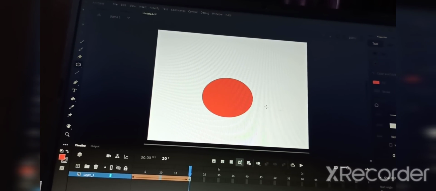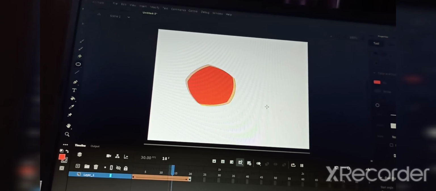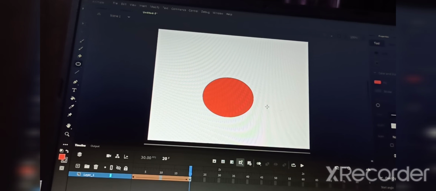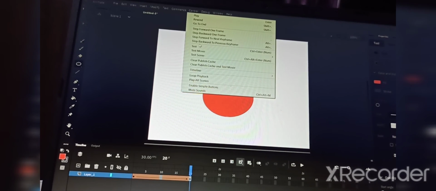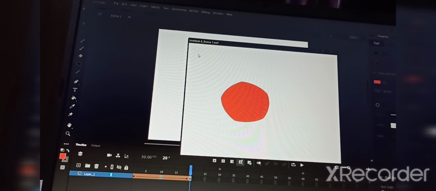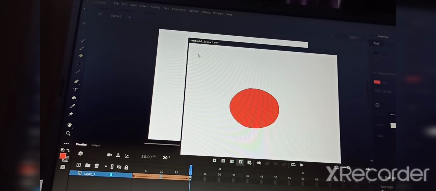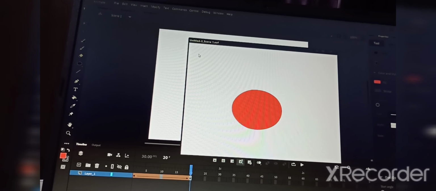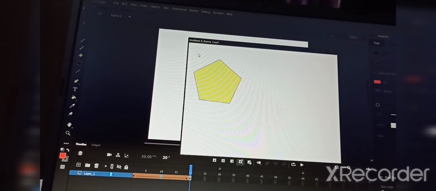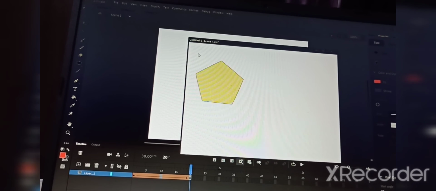Yes, can you see how it will work? See how it gets changed. Now we will click on the control menu and in that we will see the test screen. See how that polystar changes into a circle. Getting? So this is nothing but how create shape tween works. Getting all of you? Yes?